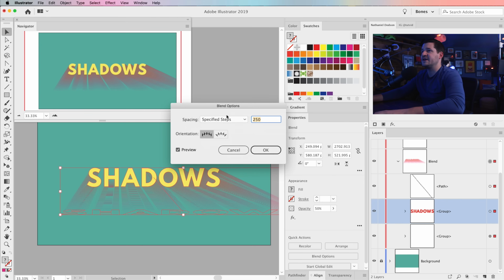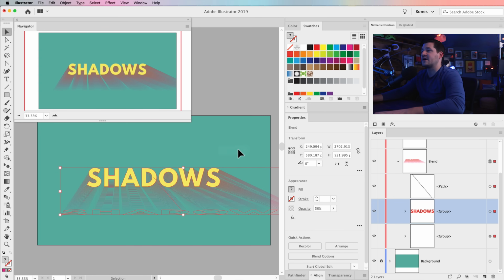And of course, you can always select the blend, Object, Blend, Blend Options, tick on Preview, and you can try all sorts of different things. Maybe up the specified steps, maybe go ahead and change the orientation, see if that does anything cool. You can change specified distance to crunch things together. Smooth color, I don't know, it doesn't usually work too well, but specified steps is a great way to go, and you can play around with it and have all kinds of fun creating shadows and shapes and all sorts of good stuff like that right here in Adobe Illustrator.